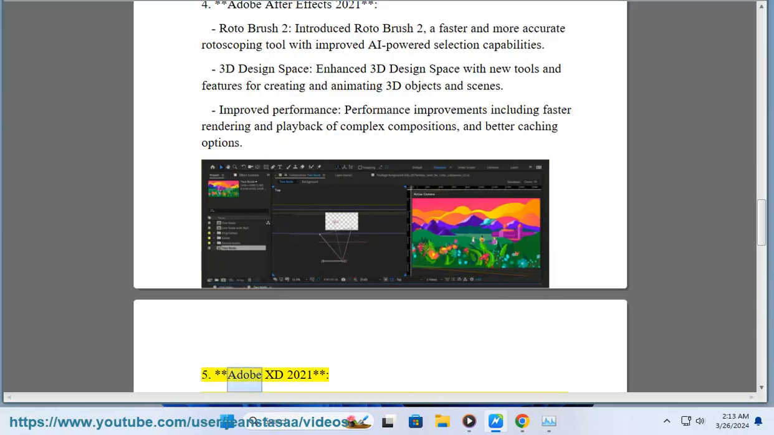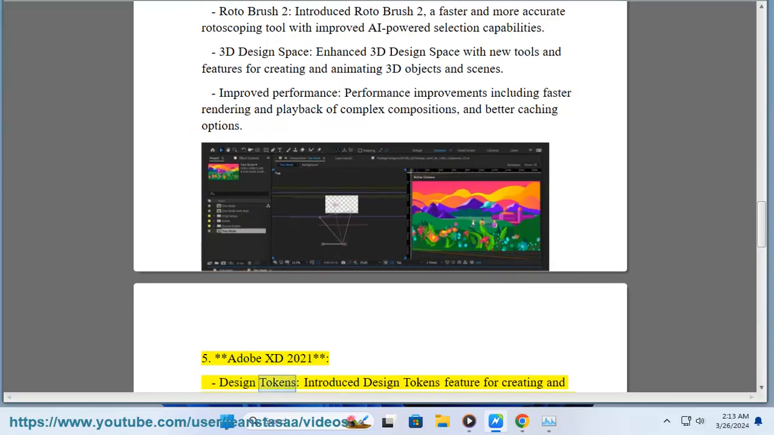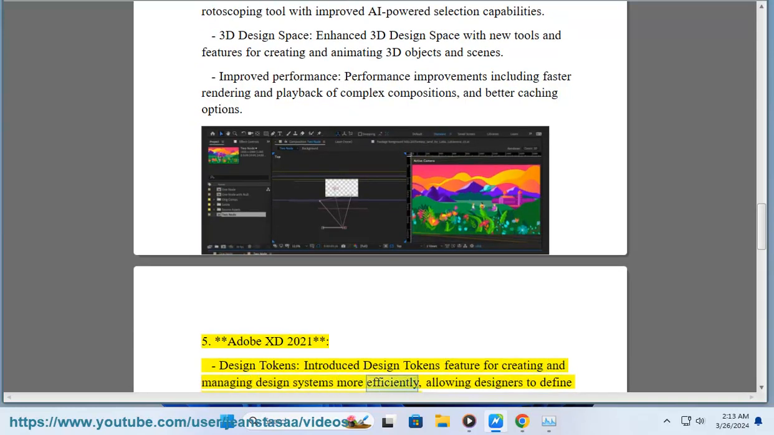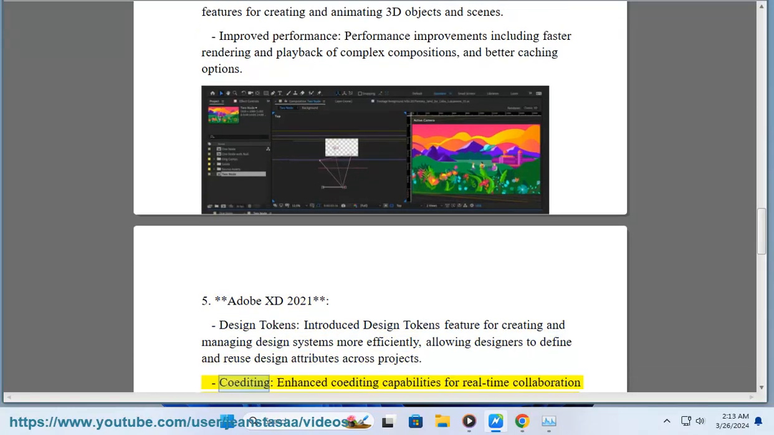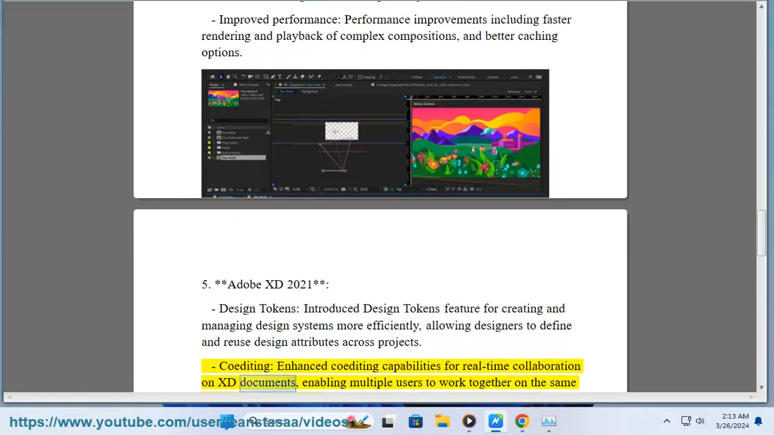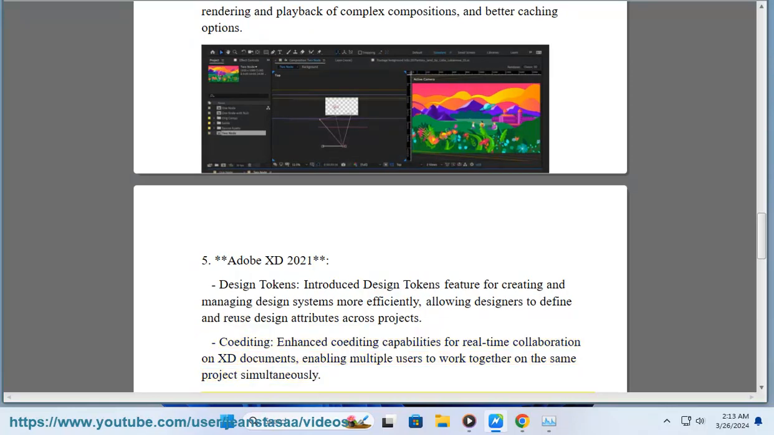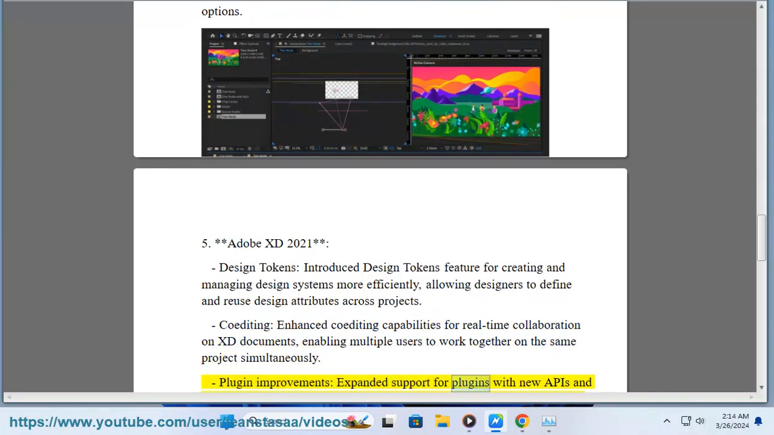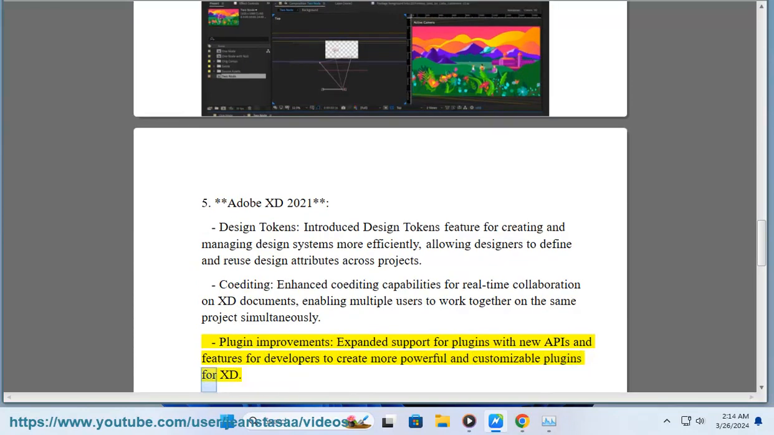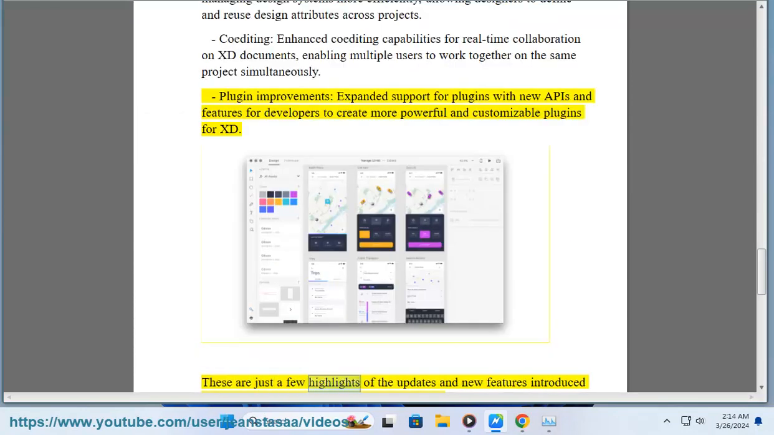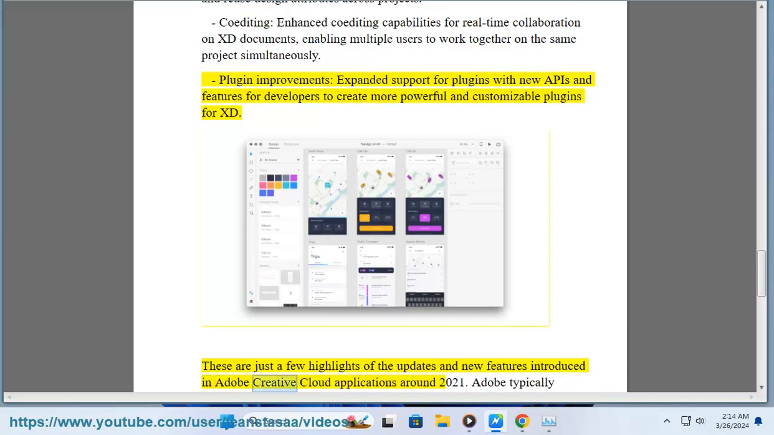5. Adobe XD 2021. Design Tokens: introduced Design Tokens feature for creating and managing design systems more efficiently, allowing designers to define and reuse design attributes across projects. Co-editing: enhanced co-editing capabilities for real-time collaboration on XD documents, enabling multiple users to work together on the same project simultaneously. Plugin improvements: expanded support for plugins with new APIs and features for developers to create more powerful and customizable plugins for XD. These are just a few highlights of the updates and new features introduced in Adobe Creative Cloud